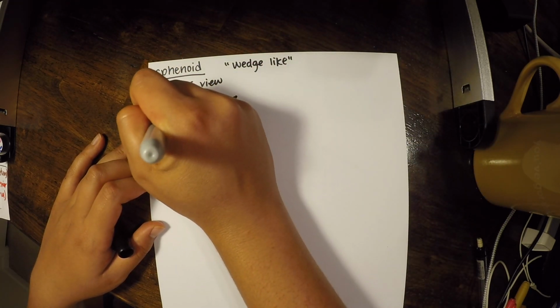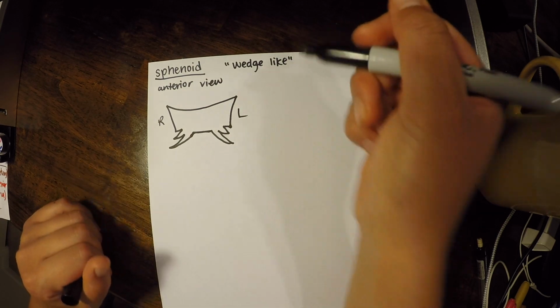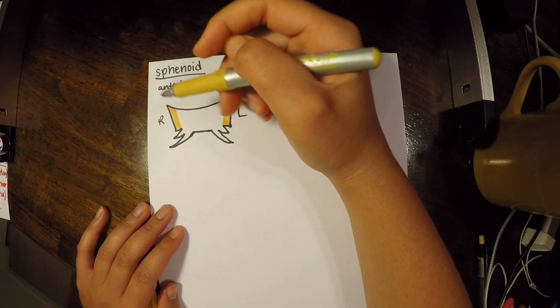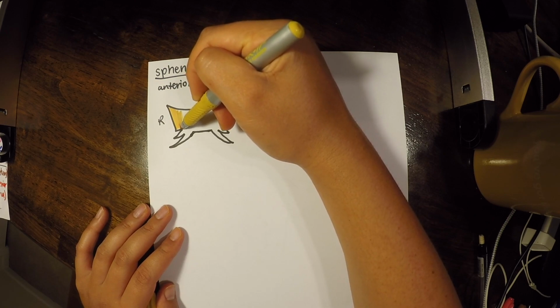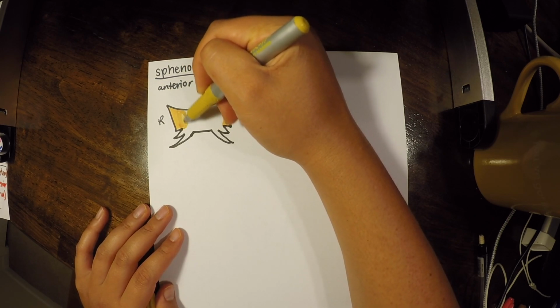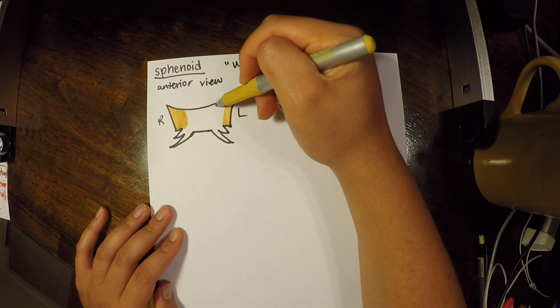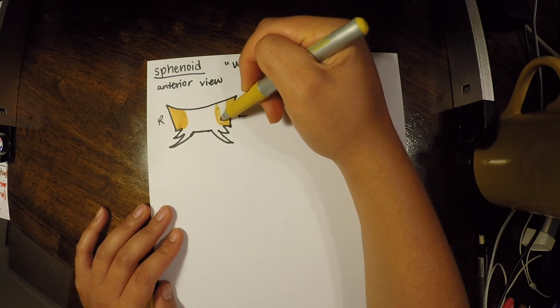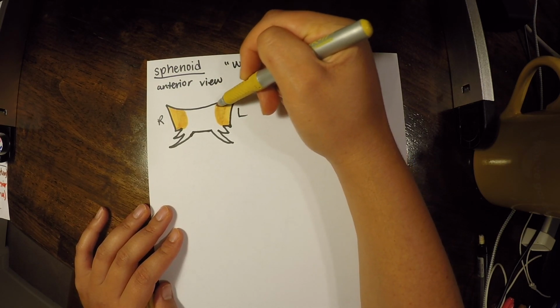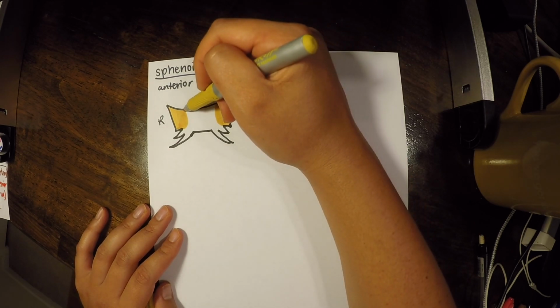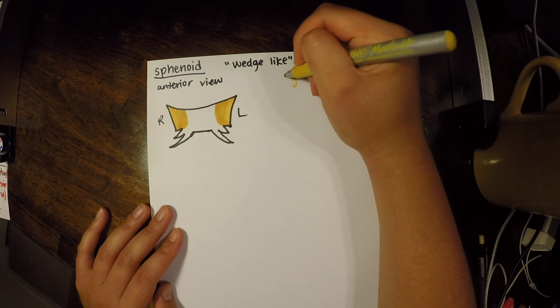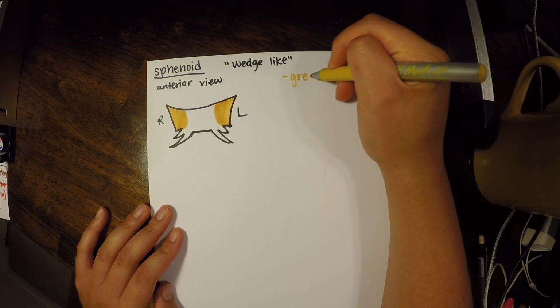And I'm going to draw this, again, very simplified. Alrighty, so here's our right and here's our left. You have greater wings that are kind of just like this. It's the better part of this area right here. Those are greater wings. We also have a lesser wing, but it's just not pictured here. So I'm just going to have you learn just the greater wing.